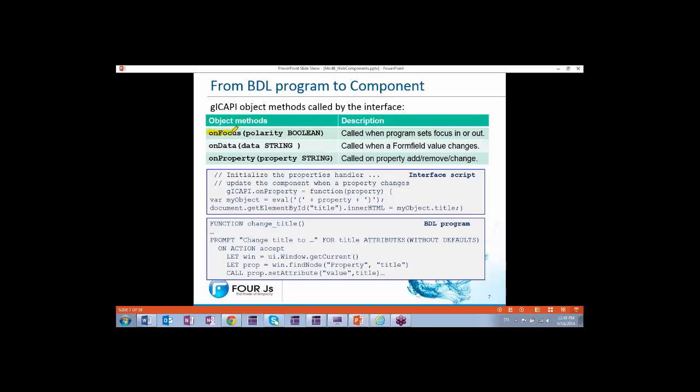Here's the onFocus method that gets called when the BDL program or the runtime system has set the focus in or out for a web component. Typically you'll see that when you first click on the screen when the form gets displayed. You'll see that onFocus will be triggered or called at that point. Then we have this onData